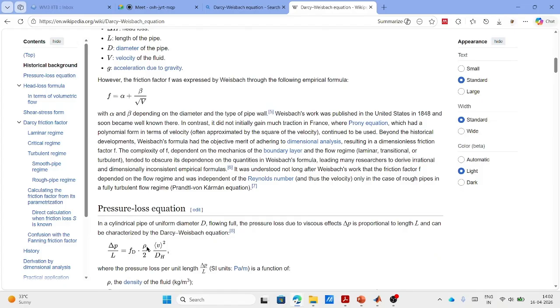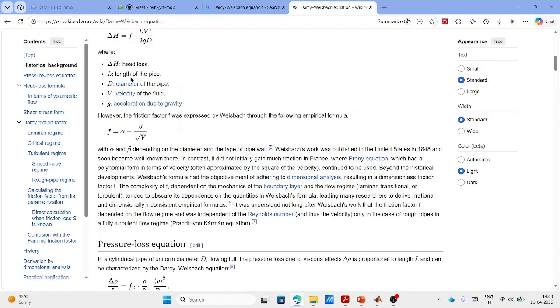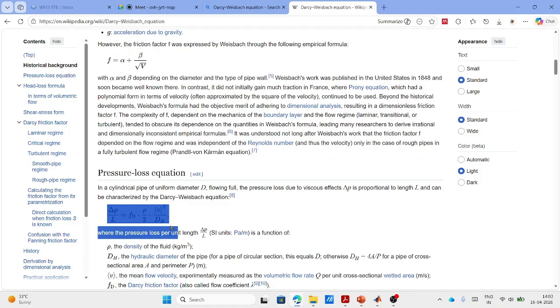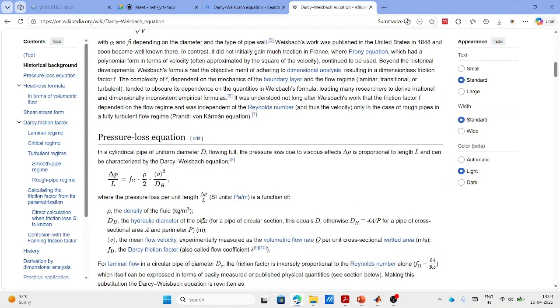So if you divide this side by pressure, so delta P by rho G will give you the head value. So that is friction factor into V square by 2G into L by DH. Okay. So this is your Darcy-Weisbach equation. So when a fluid is flowing through a pipe and I want to find how much head loss will occur,